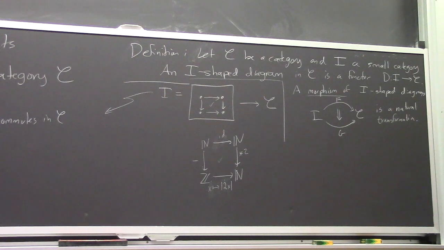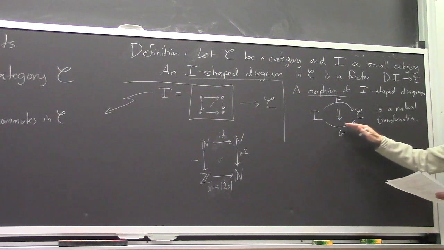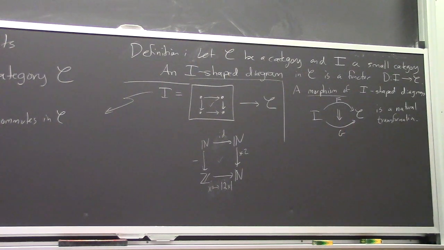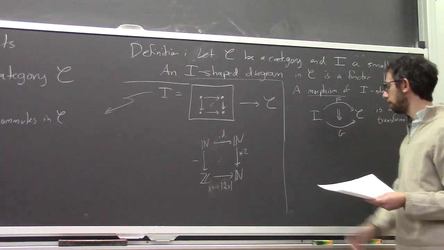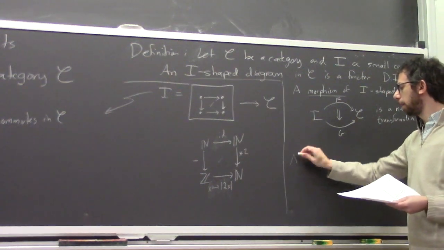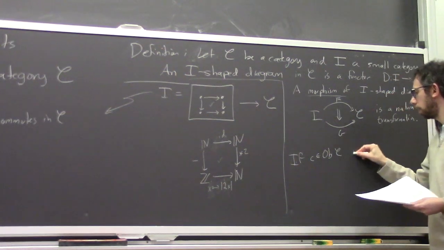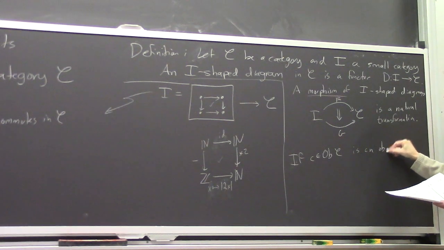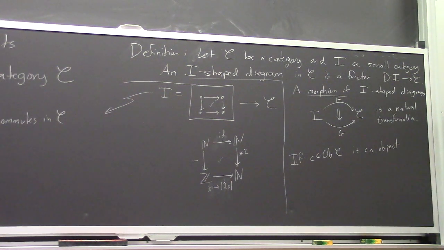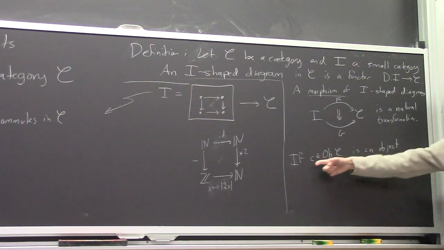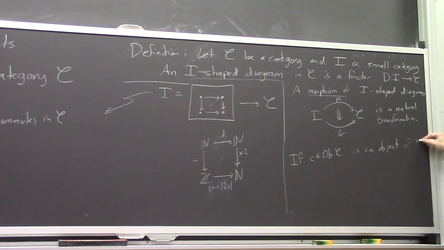But we're going to talk about what that kind of looks like, and more importantly, we're going to talk about special diagrams and special natural transformations called limits and colimits. So one more thing, if C is an object, a lot of times in math, it's typical to write something symbolically and then out in English. So if C in C is an object of C, someone might write,